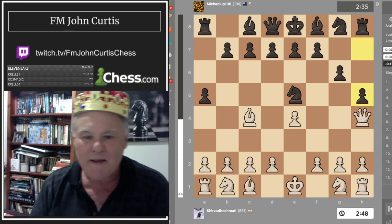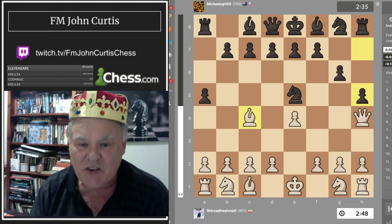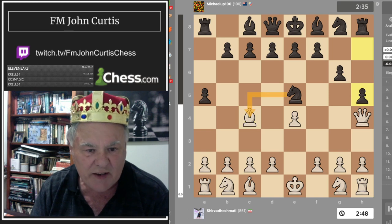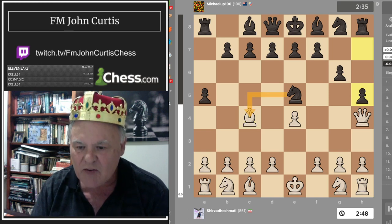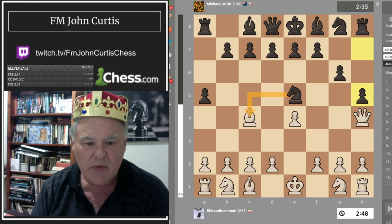H5 is played, and now he still hasn't protected the bishop. He hasn't seen that the bishop is en prise. Knight takes bishop can be played. So this gives white an opportunity to save the bishop with a move like